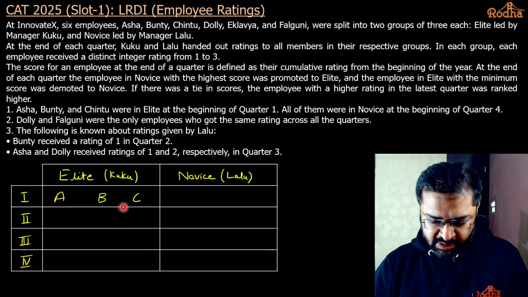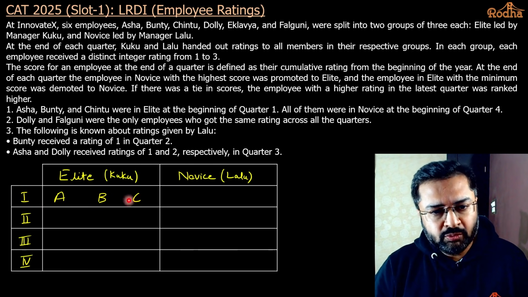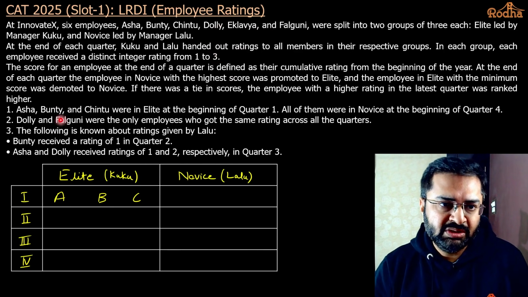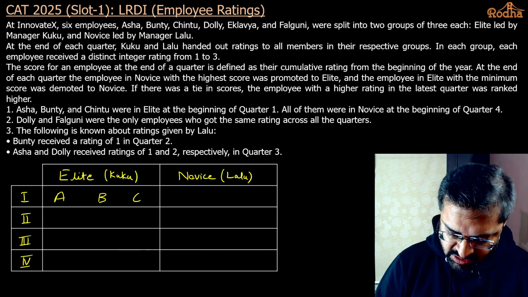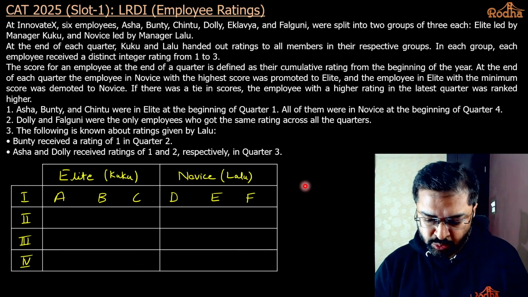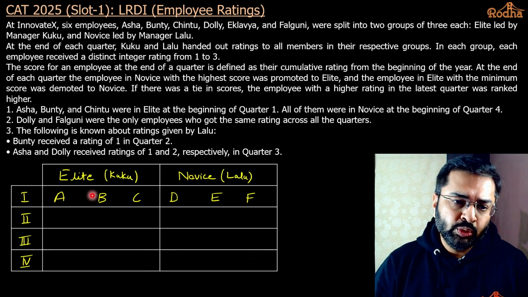If they are in elite, this group at the beginning of quarter 1, who would be here? The rest 3, fine, D, E, F. So it's not written here, it's obvious. So we'll just write this as, this is D, this is F. And what we also know is that since one person after every quarter is demoted, so one